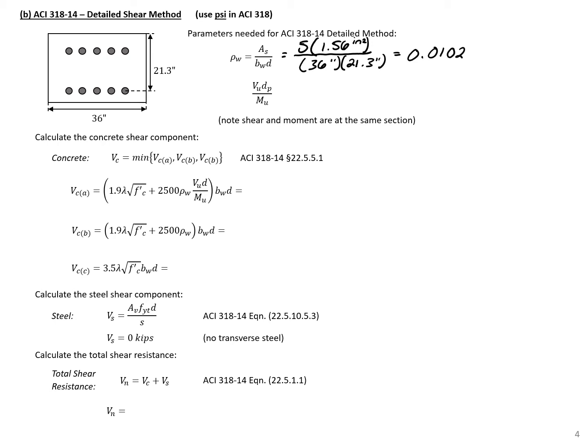We also need the ratio here, VU dP divided by MU, and this is at the critical section,